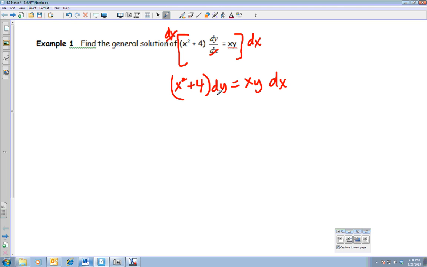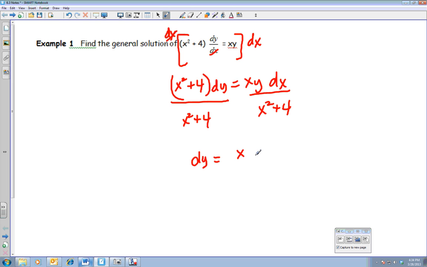The good thing is my dy and my dx are now on top. They're not in the bottom of a fraction anymore. I know that I need my y's on the left-hand side, so I'm going to get rid of this x squared plus 4. Now over here, these cancel, and I just have dy